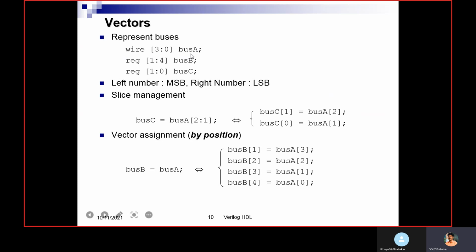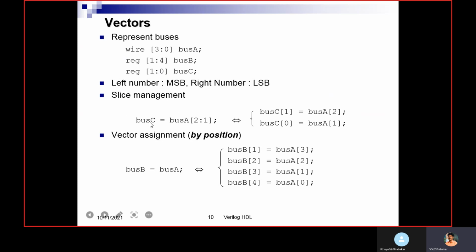It is a 4-bit vector: wire [3:0] A is a 4-bit vector. Then reg [3:0] B is also a 4-bit vector. Wire B is a 4-bit vector, and wire C is a 2-bit vector. On the left hand side, this is called MSB, and this is called LSB position.